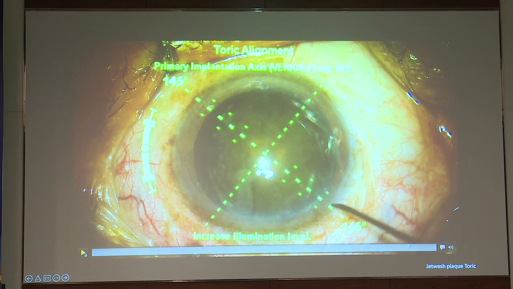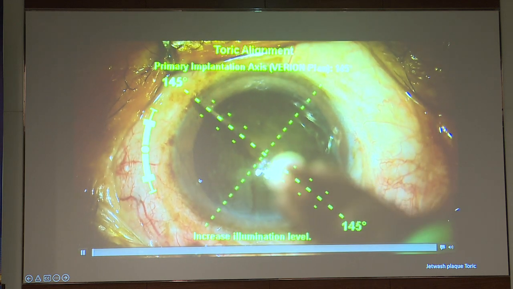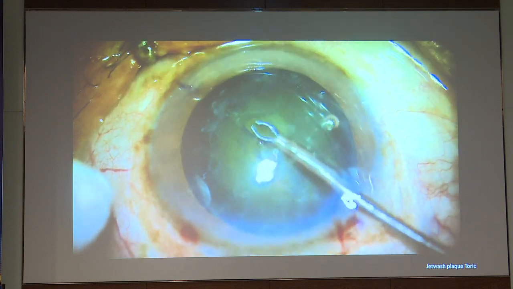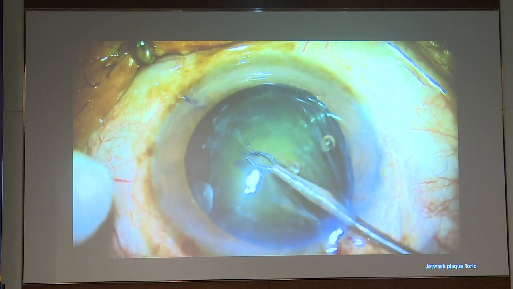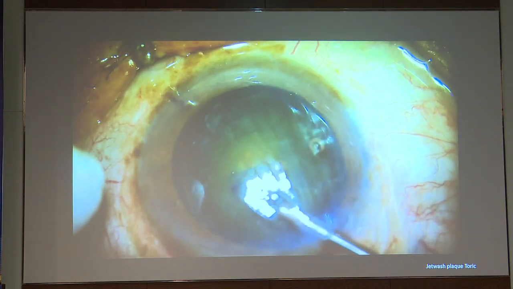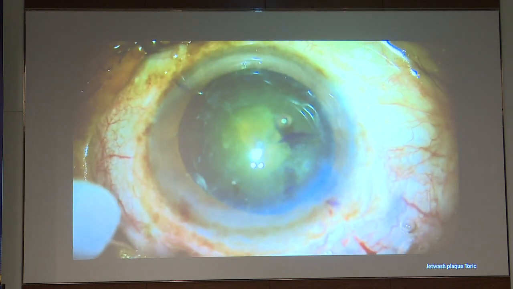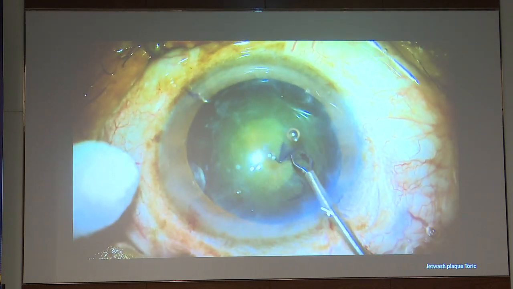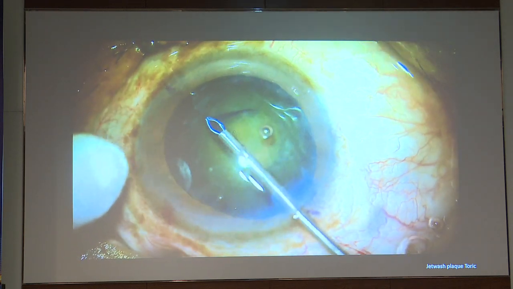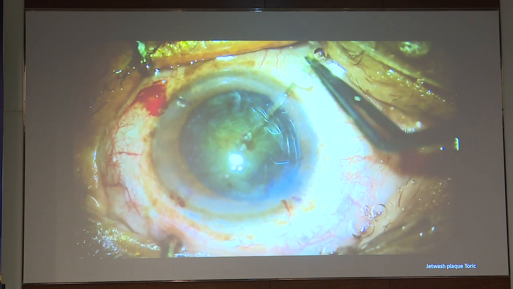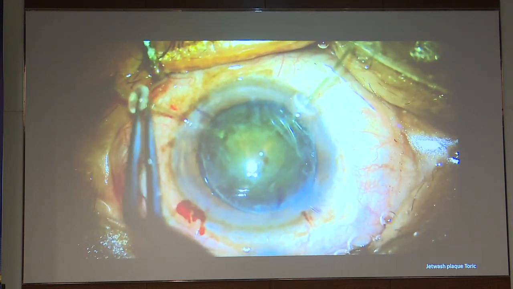And had significant astigmatism, so my threshold for using toric lenses is low. Nothing wrong in doing the toric lens if the bag was intact, so we decided to go with a planned toric IOL, except that the capsule was very friable. We could do the rhexis. I would have liked a bigger rhexis, but we could just about get a smaller, about a 4mm rhexis,